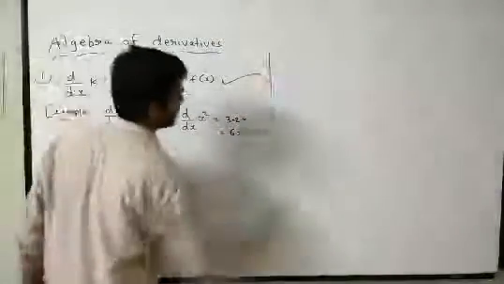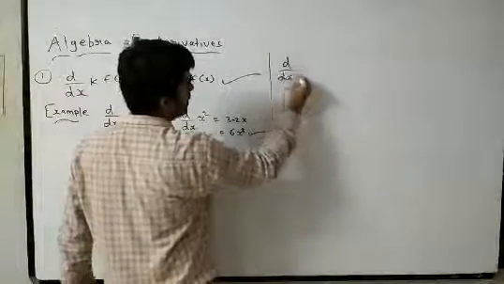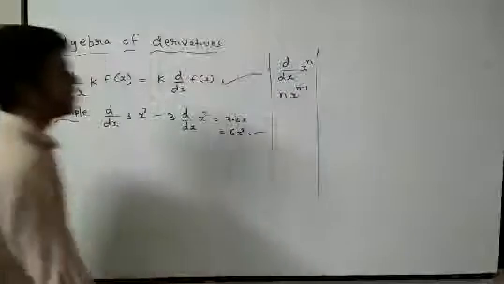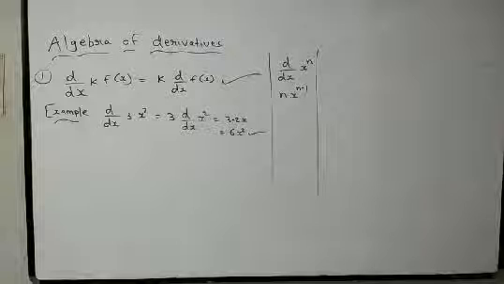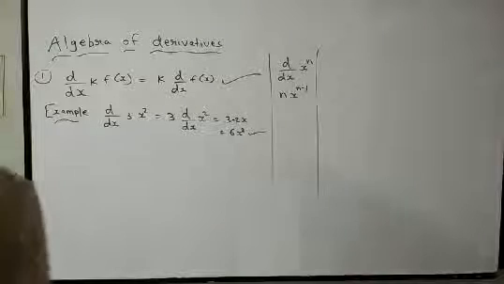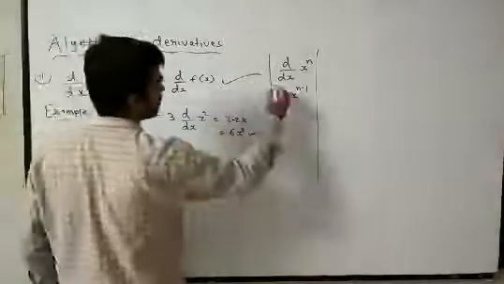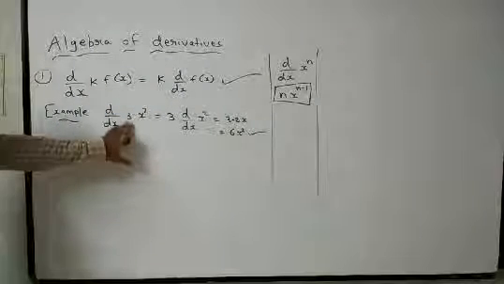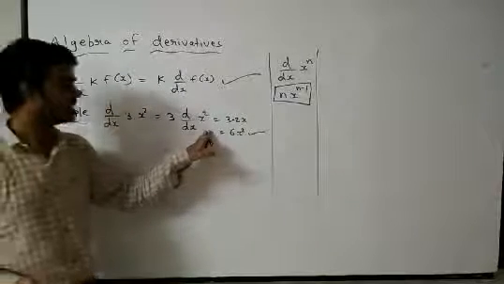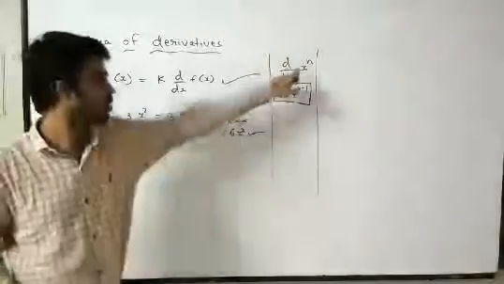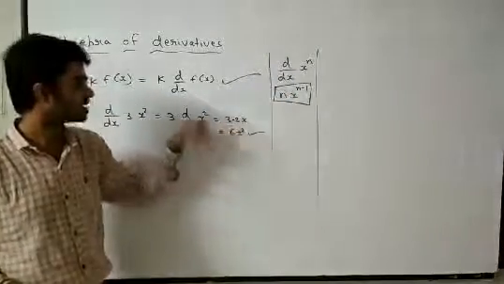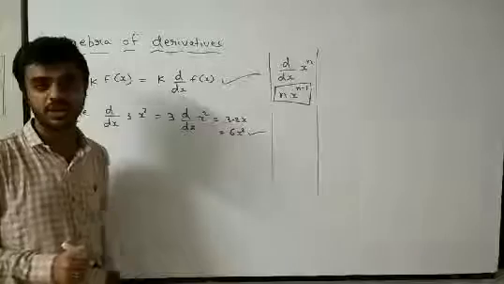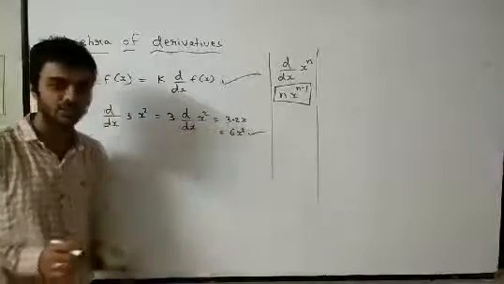Because everyone knows that d by dx of x power n is n into x power n minus 1. This is the formula that you have, as we studied this in standard 11. d by dx of x power n will be equal to n into x power n minus 1. Same way here, 3 is a constant, d by dx of x square. See x square here, instead of n it is 2. So 2 will come down, x power 2 minus 1, and 2 minus 1 is 1 only, so 3 into 2 is 6. We cannot write 32 here. It is 6x.